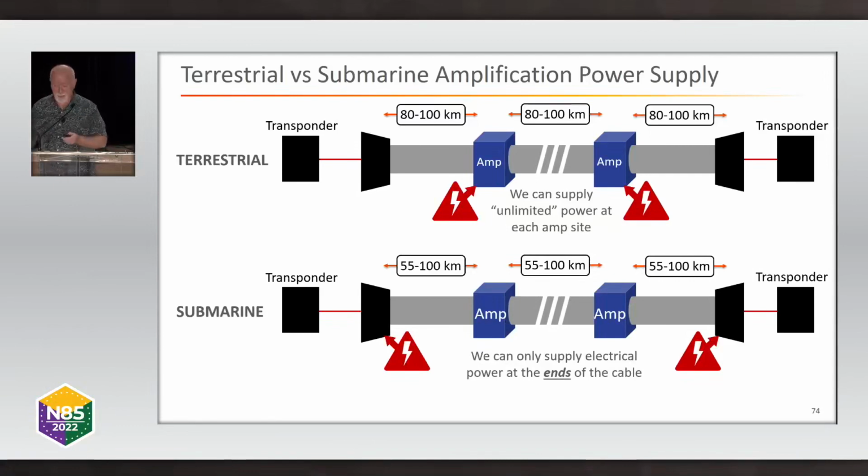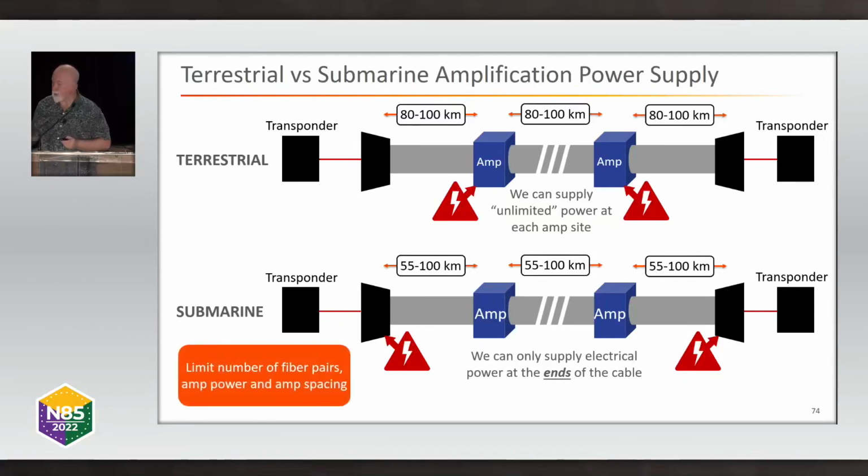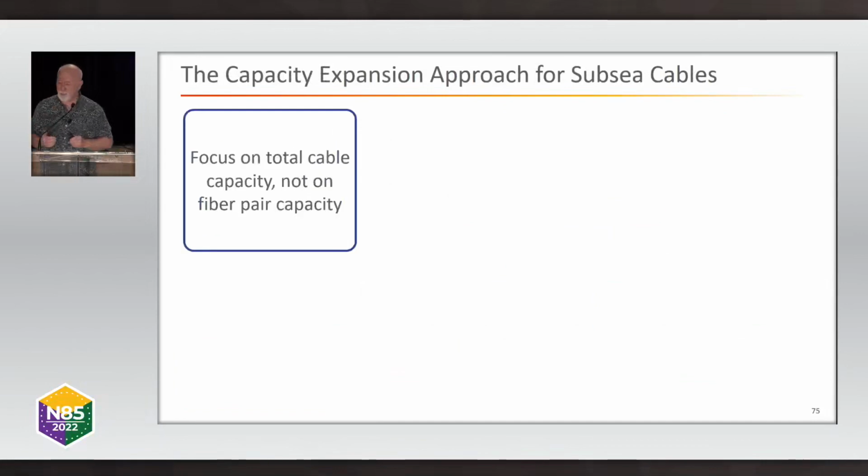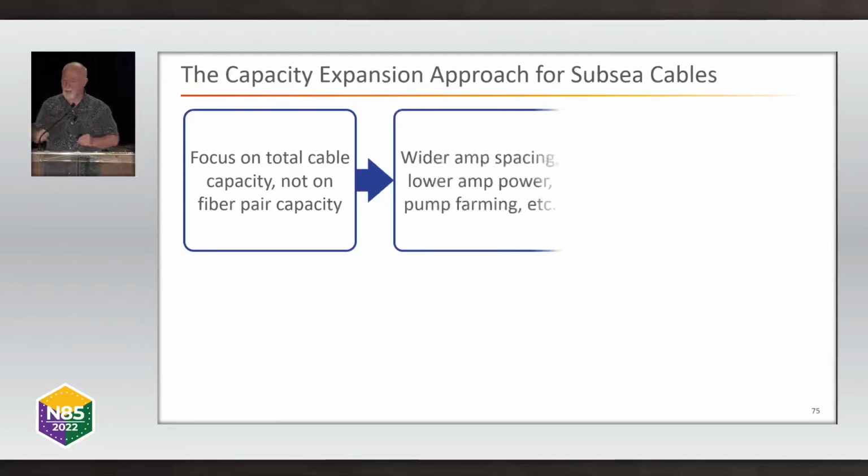And that's what's limiting the number of fiber pairs that you can fit into a submarine cable these days. So capacity expansion, the approach in submarine cables is to focus now on the total cable capacity. Previously, and until very recently, the focus was on fiber pair capacity. So what happens is that by tuning for wider amplifier spacing in the cable, lower amplifier power, you can also